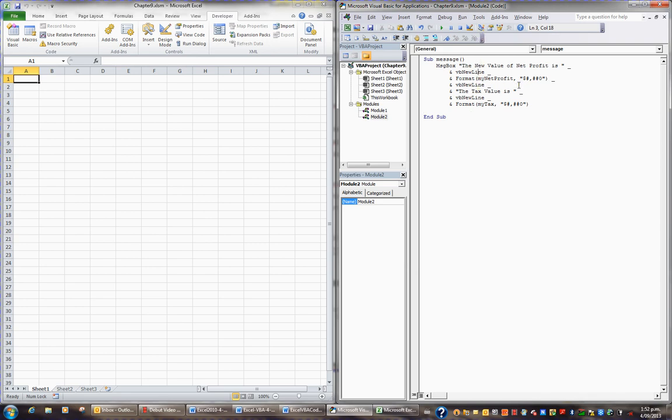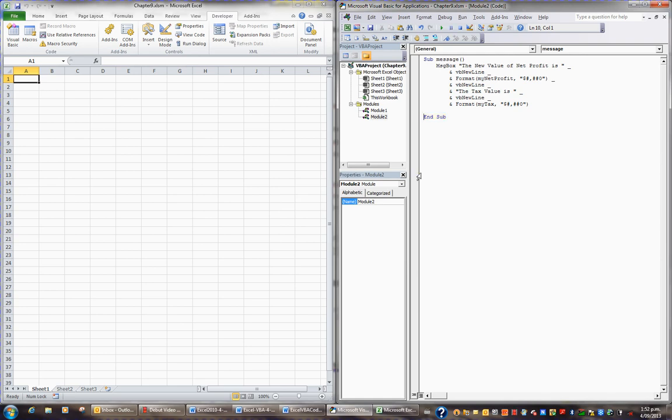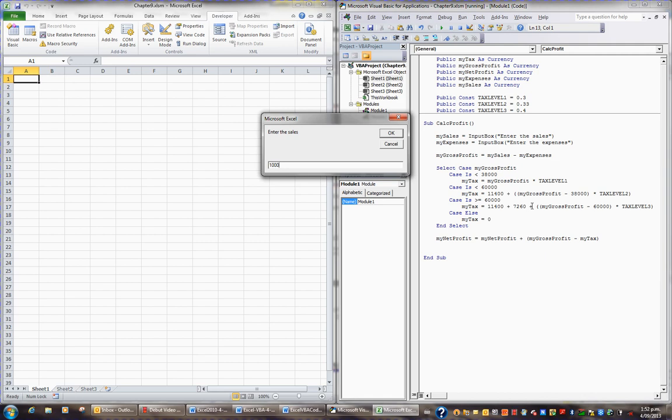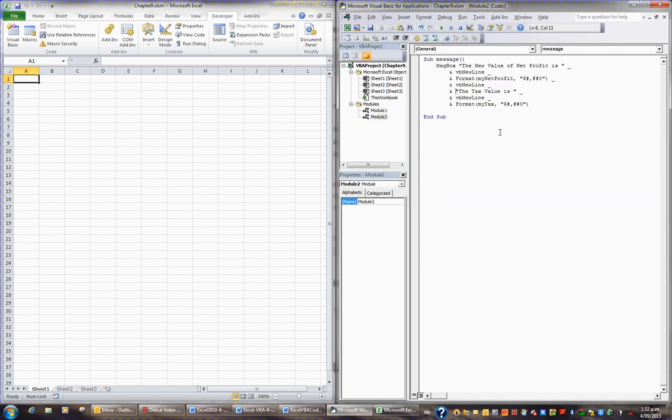So the idea now is if I was to press F8 and to run the sub-procedure, I get 0. That's fine. And F8 to stop that. But if I go back to module 1 and I go back to calc profit and I press F8 and start running this, so I'll put sales in of 100,000. I'll put expenses in of 25,000. It works out the gross profit. It works out the tax. Ended. Then if I go to module 2 and I go F8,